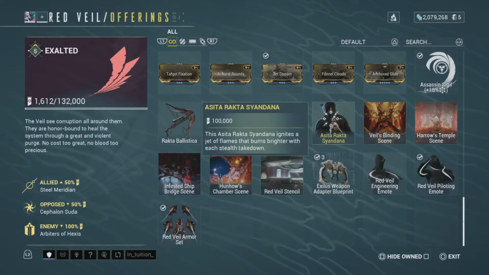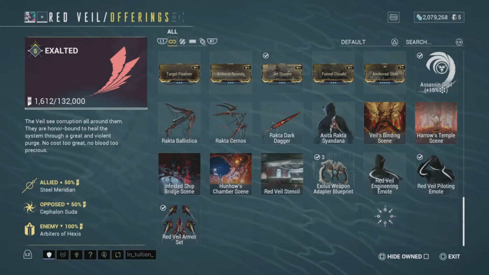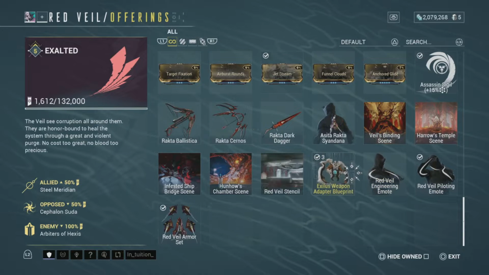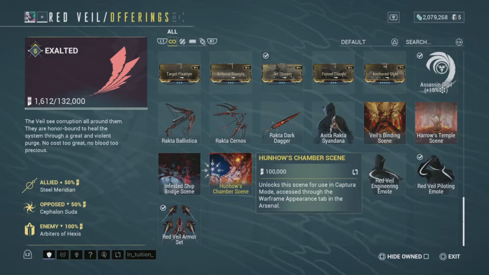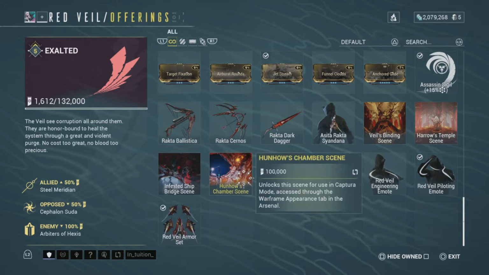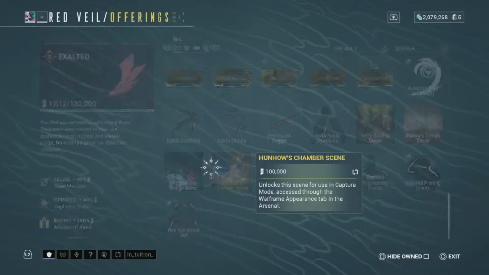as well as 3 special weapons and a special sandana, one armor set for your syndicate, and 2 emotes, then this thing which I really don't care about, and then 4 sceneries if you want to go like an art worker. If you like making edited screenshots, you can go in the sceneries to do so. And you can get an orbiter decoration style for your orbiter as well. Anyway,